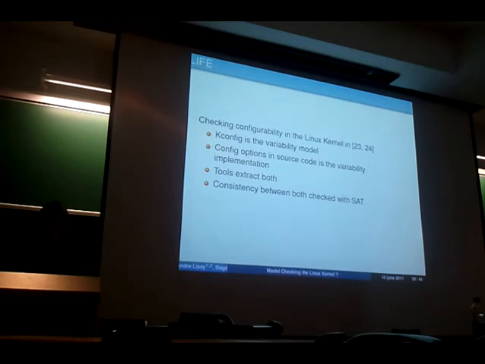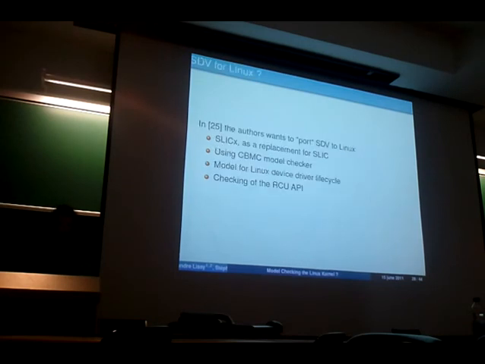And the goal of Life and Undertaker is simply to check that both are consistent, so that any configuration option has code that uses it, and vice versa, that you have code that is enabled or disabled by verification. They found a couple of bugs, and it's quite interesting to use. It's pretty new. It has been released this year or last year, and we can now state in question SDV